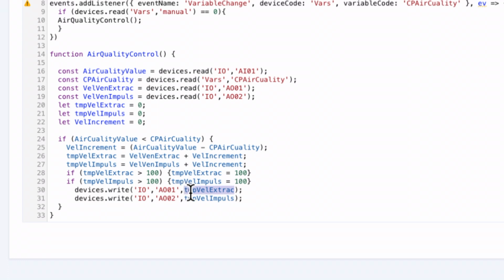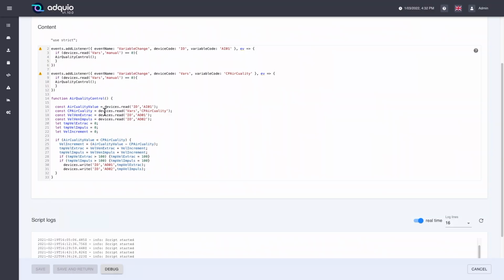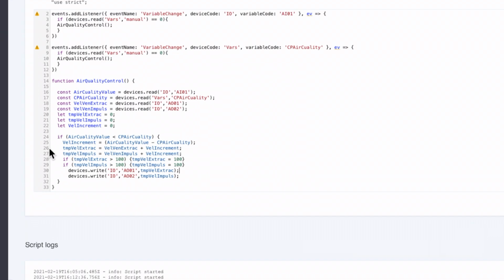Okay, so in this example, we have seen how events work, how to hook into a change event of a variable. In this case, we have it twice, and we have seen how to read and how to write a variable to a device. As you can see, all the code we have here is JavaScript, and it is super simple JavaScript syntax. In this case, we have a definition of constants, which brings the value of a device, definition of variables, and zeroing, an if which tells us, if one variable is less than another, then, what we want